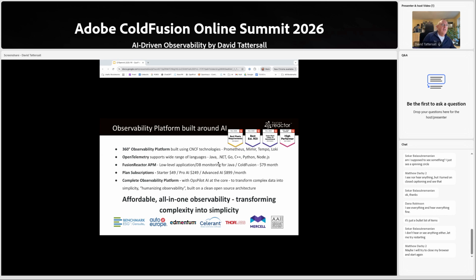So the observability platform itself, we've built it completely around AI. The platform is built using CNCF technologies. So the CNCF is the Cloud Native Computing Foundation. Things like Prometheus, Mimir, Tempo, and Loki. We're also supporting OpenTelemetry, so we can support a wide range of languages here, not just ColdFusion and Java, but also things like .NET, Go, Python, Node. Those are all supported out of the box now with